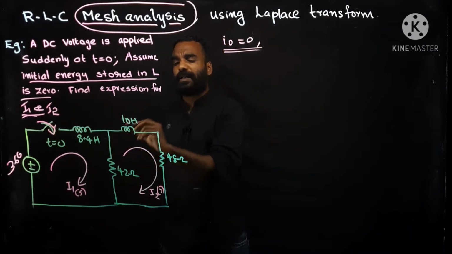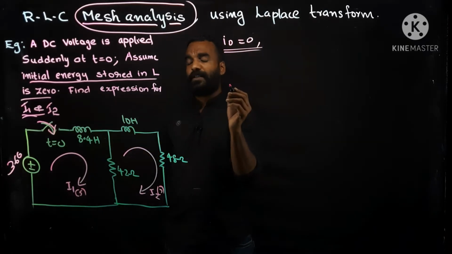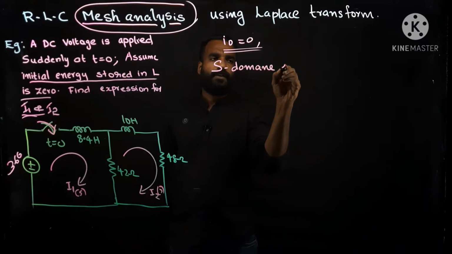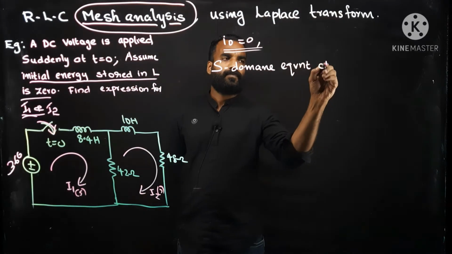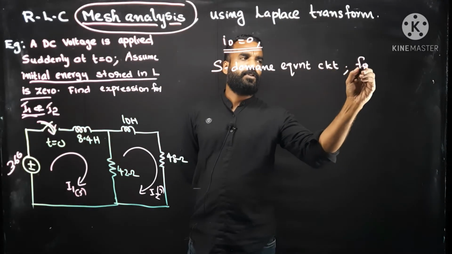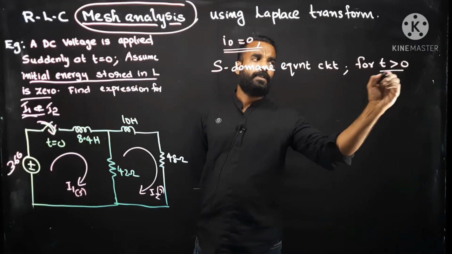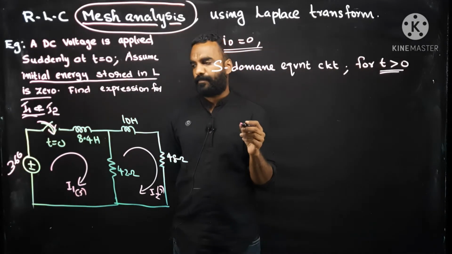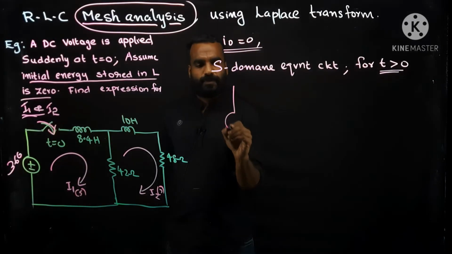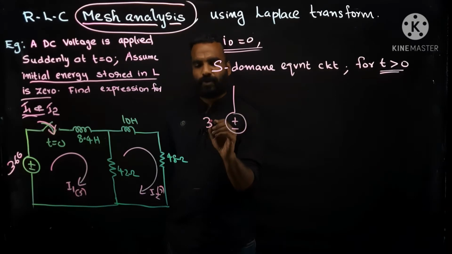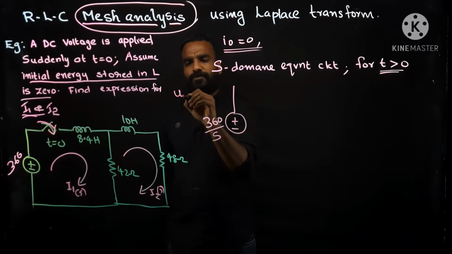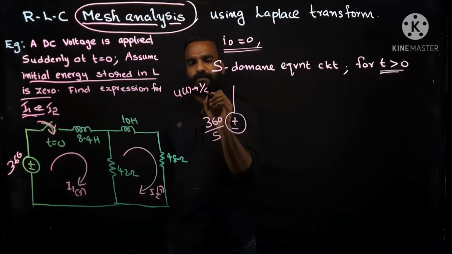Now I am going to transfer this circuit to its equivalent S-domain, or frequency domain, circuit. This circuit is always drawn for t greater than 0, and in that we have provision to add the initial condition. So this will be the source, and the source is a function of time. So its Laplace is 1 by s. That is, Laplace of u of t is 1 by s.